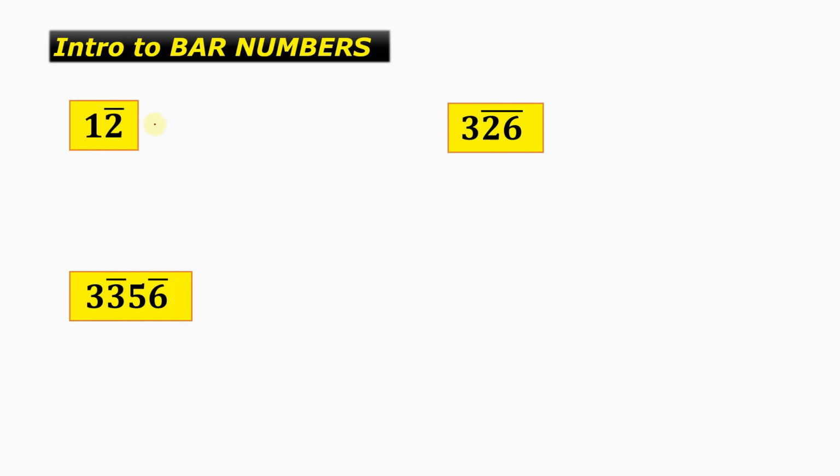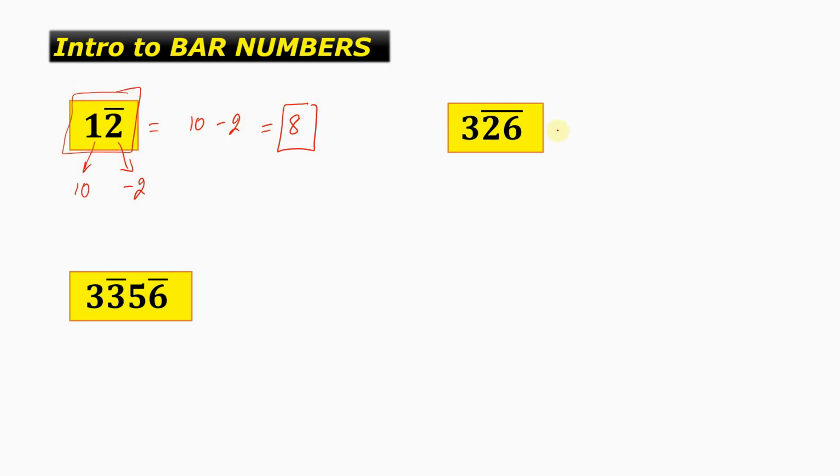So, first of all, what do you mean by these three numbers? Okay, what do you mean by 1, 2 bar? So, 2 bar actually denotes minus 2. And 1 here is at the tens place, so this denotes 10. 2 bar actually denotes minus 2, so this becomes 10 minus 2 and this is 8. So if you write this number or you write this number, this is actually the same, okay, one and the same thing.